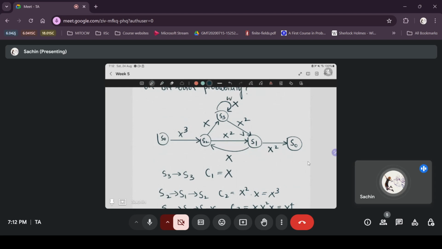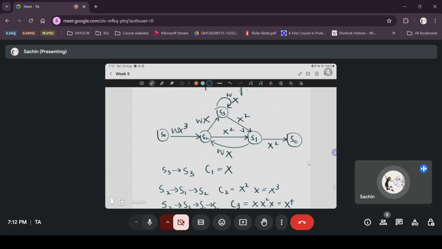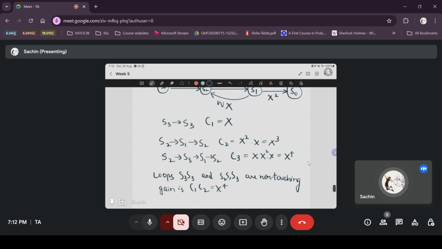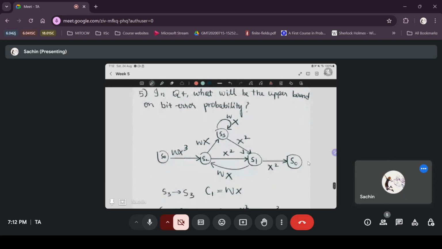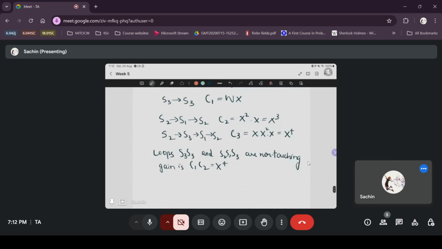So add a W on both branches coming into S3 and both branches going into S2. And you repeat the procedure, whatever we did for the previous question, exactly the same way, except that now you have powers of W added. So this will be WX and next one will be WX square WX, which will give you